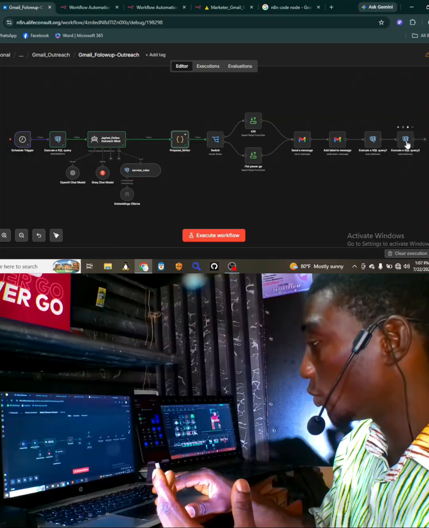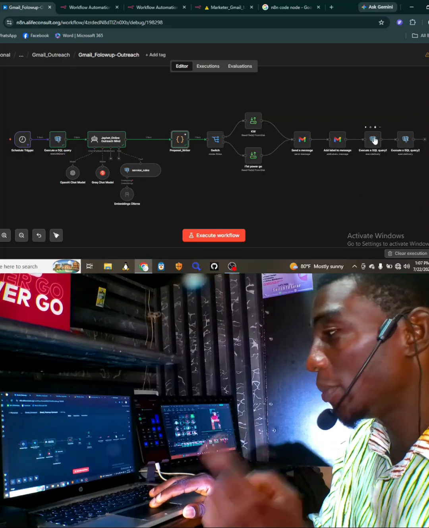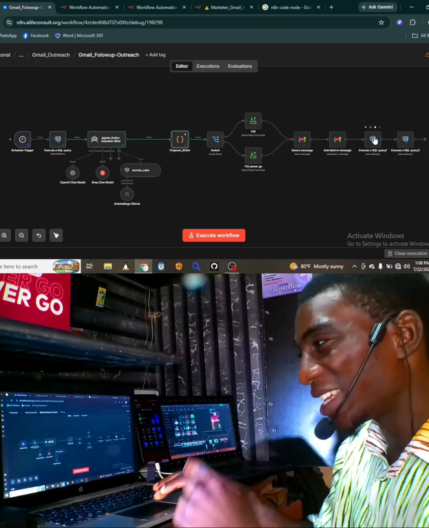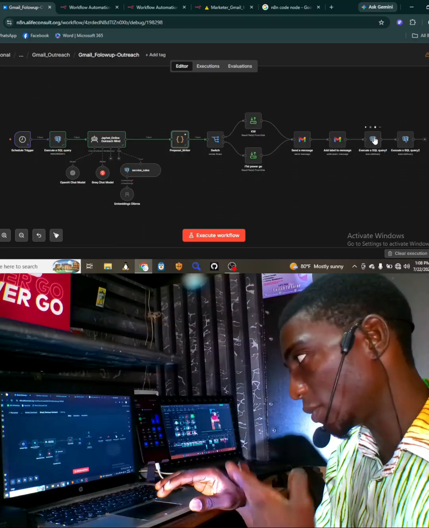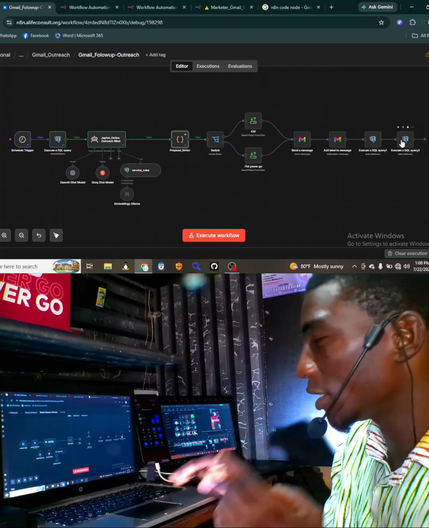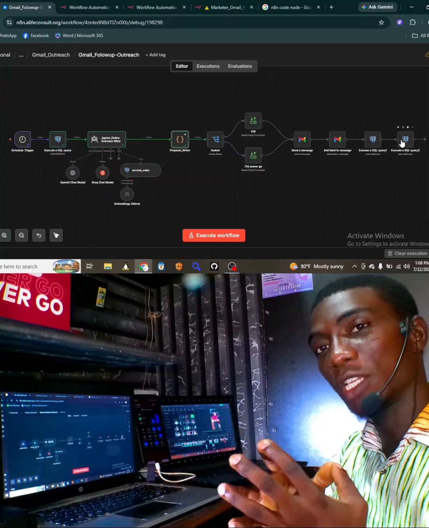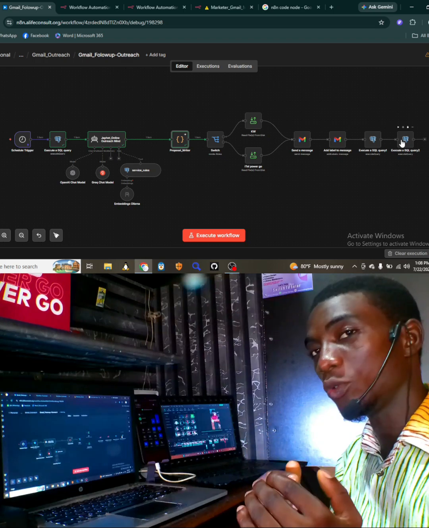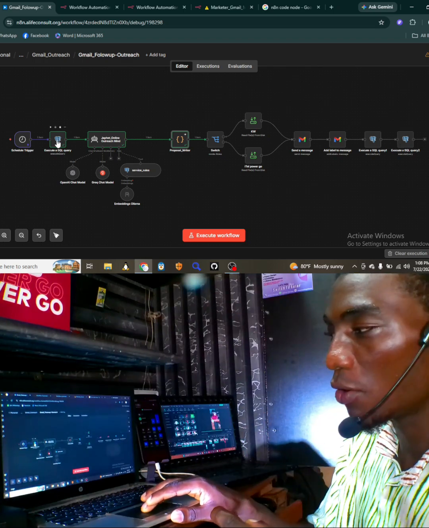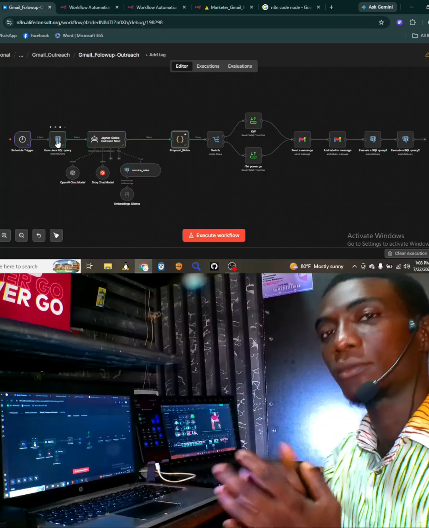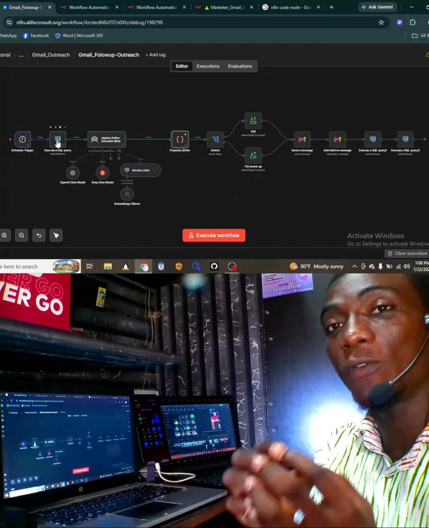And these two Postgres nodes, what they do is, this one labels the email that has been worked on as true. Has it been worked on? True. Yes, it has been worked on. And what this one does is it checks if everyone has been worked on. The moment it notices everyone has been worked on and everyone has been labeled true, it labels everything back to false,